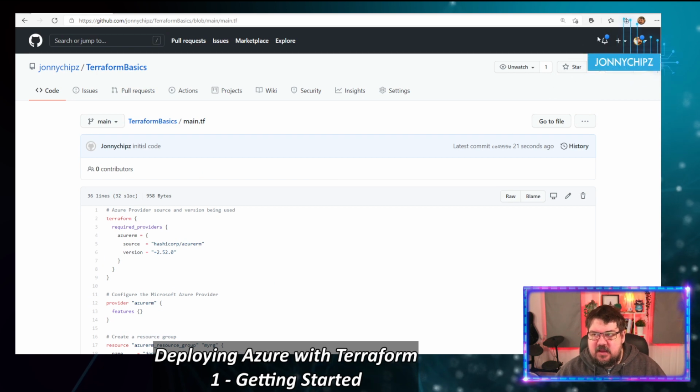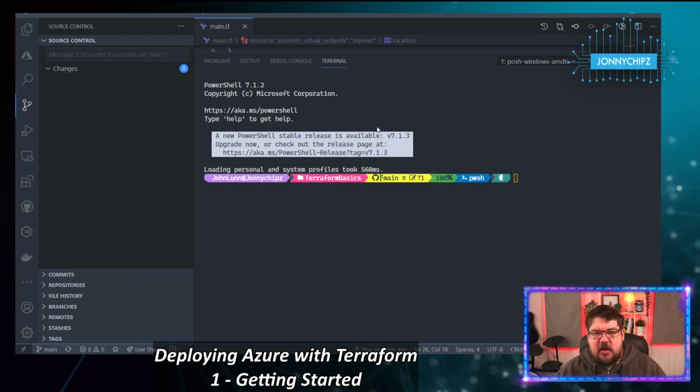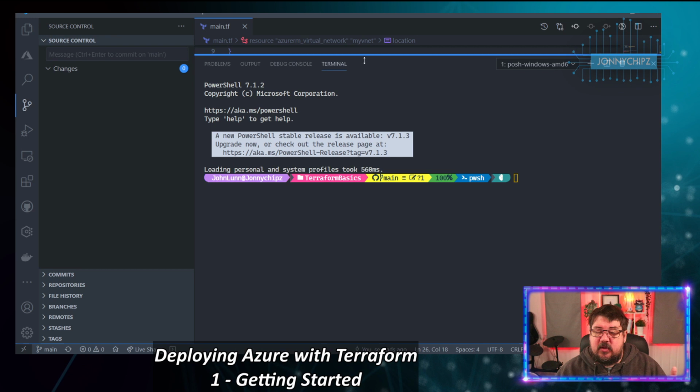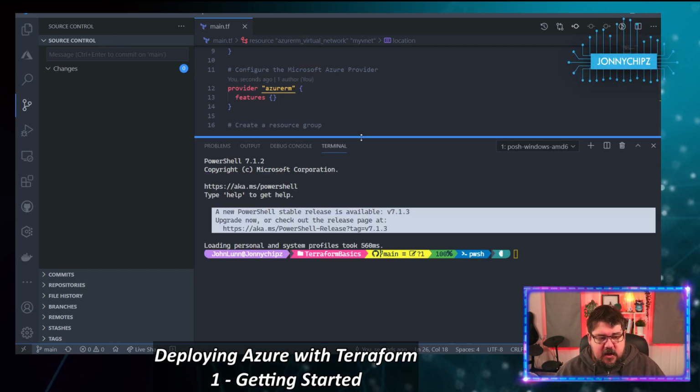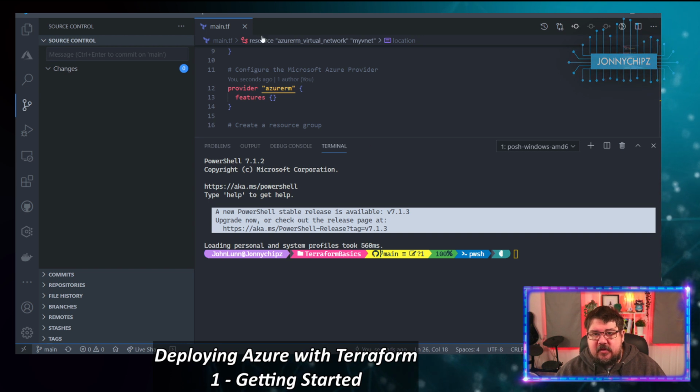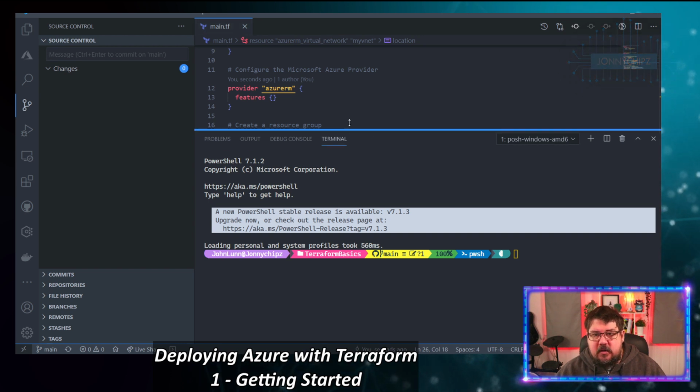We'll get to some of the benefits of doing that in later videos, but for now, you can see that we've created our code, we've installed all our relevant modules, and we've now pushed that up to our GitHub repository. Okay, so the next thing that we want to do now is actually run this code